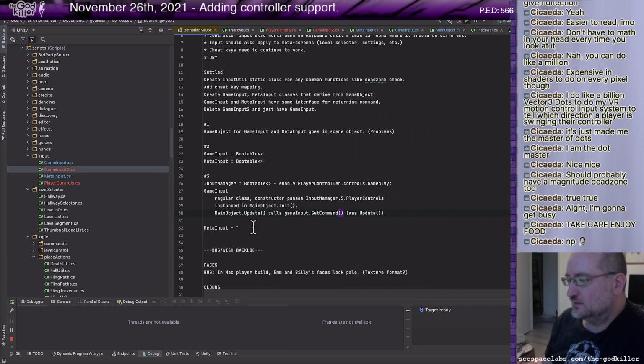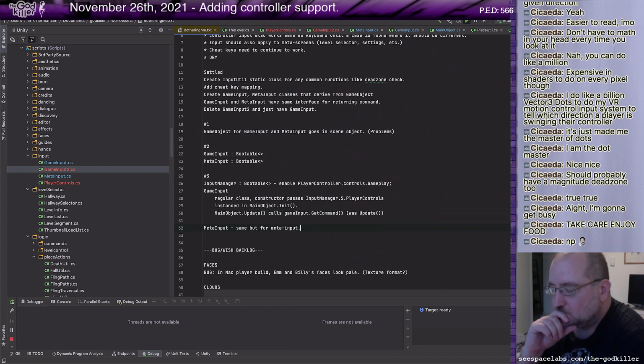Okay, meta input, same, but for meta input. The nice thing about this is I can just look through all the places in the code that currently access game input or meta input, and if there's any interface changes, make sure they're updated.